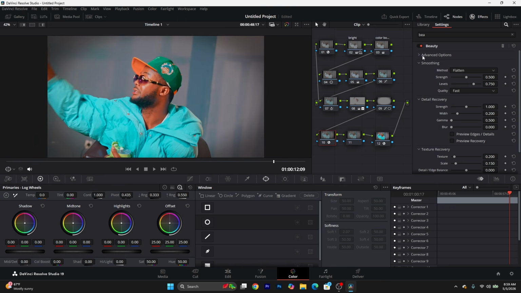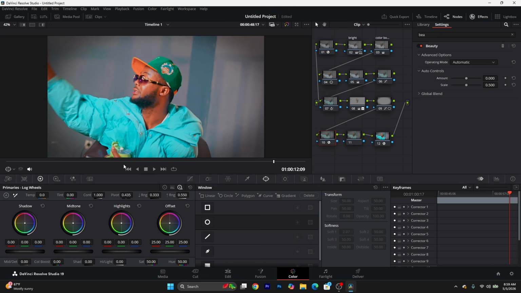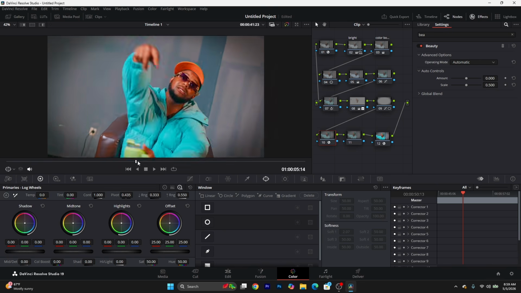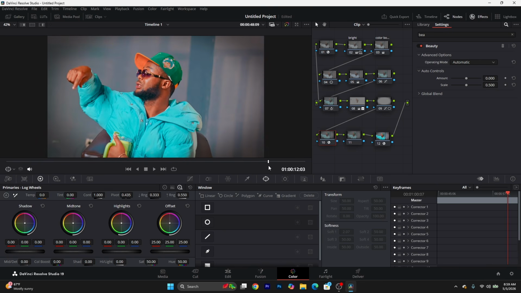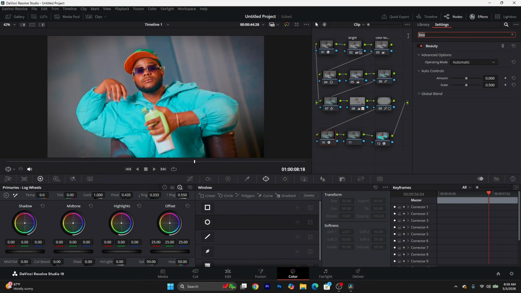So let me go here on this advanced option, and then let me click this automatic. When I click on this automatic, guys, see how this clip is looking. When I try to put it in full, you see how it looks. Here too, guys, you can use this effect. Also, let me use the effect one, which is called